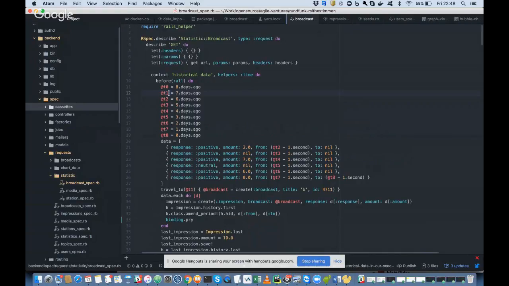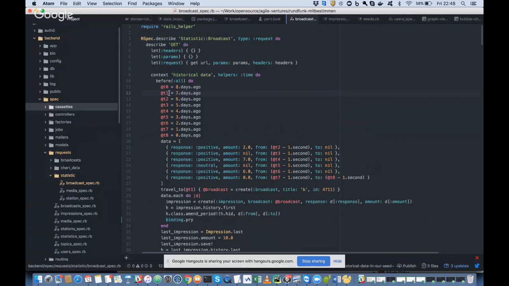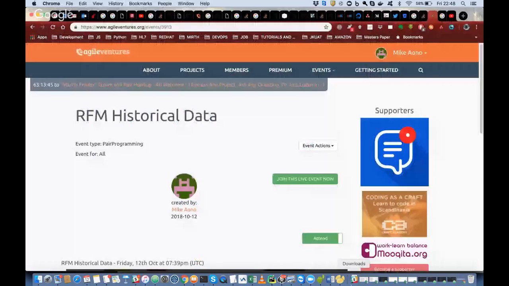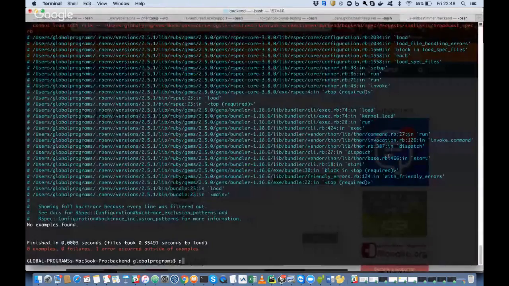Right. So you're doing things with Docker. Nope. You're doing things locally. Yeah, this is local. Okay. But have you actually got set up to work locally with RFM?